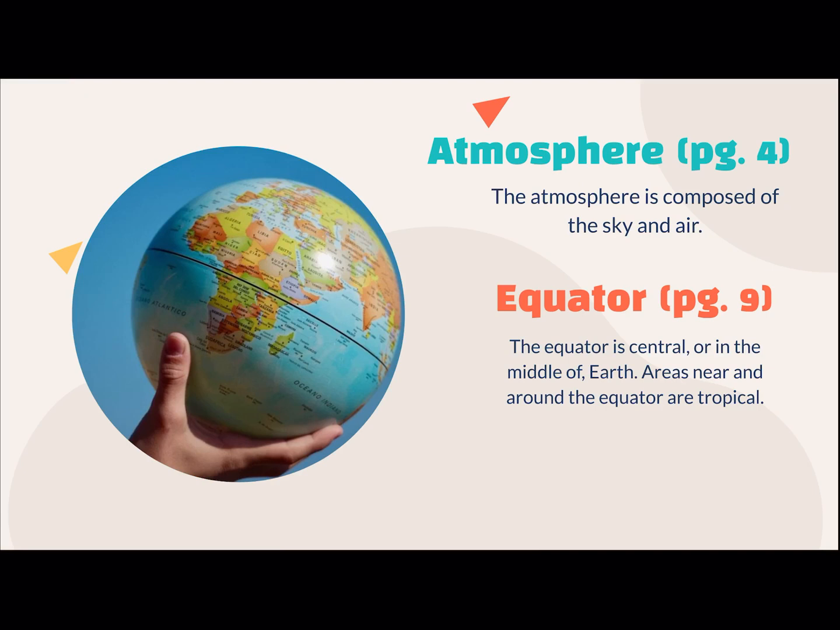Our next two vocab words are atmosphere and equator. So the atmosphere is composed of the sky and air. This is where all of our weather happens. And the equator, which you can see is that thick black line on the globe in that picture, is central or in the middle of Earth. Areas near and around the equator are tropical or very warm, and we'll talk about that as we read the